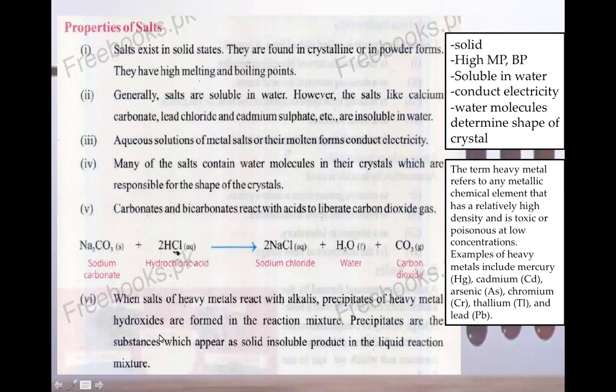Underline point number 6, this line. Precipitates are the substances which appear as solid, insoluble product in the liquid reaction mixture. Best example we can take of precipitates is if you take